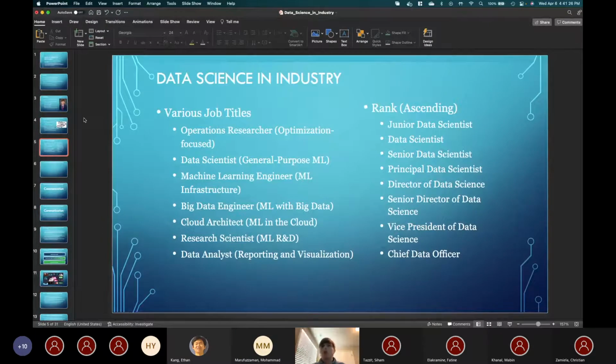A data scientist is more of a general purpose machine learning job. So you would be tasked to do a lot of different things within machine learning, within data science. This could include database administration. This could include data engineering, a wide variety of things, and it's kind of a catch-all. And a lot of companies use this, especially when they're starting up their data science programs and organizations, because it's